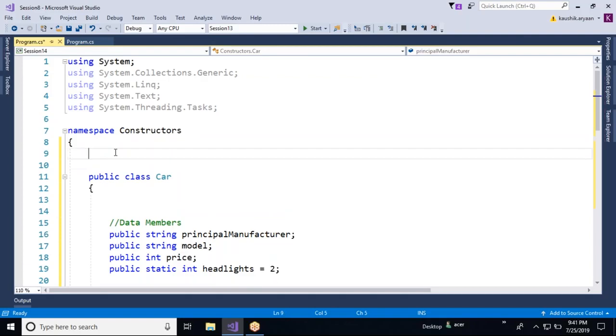Constructors take the name of the class file. And the first of this one. And second,